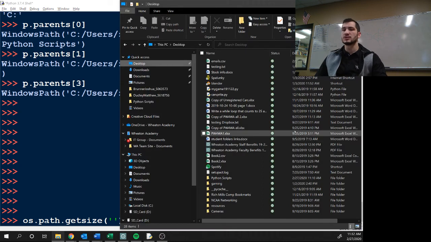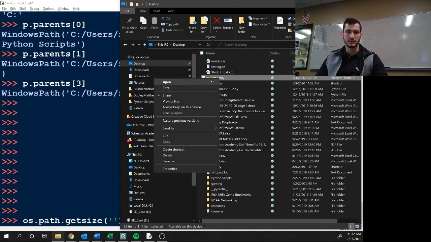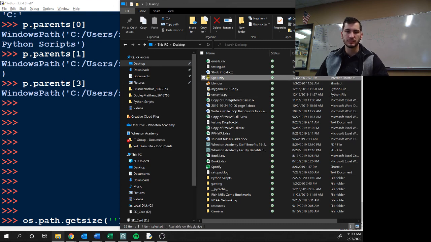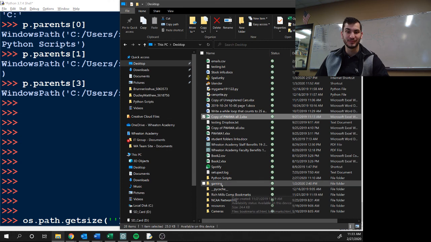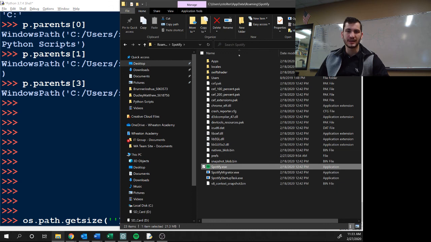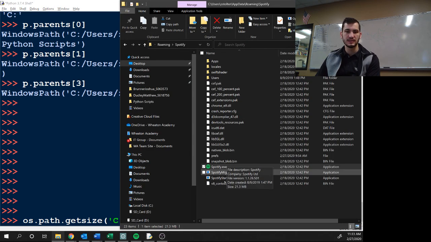Anyway, or like troubleshooting. So real quick, let's find the size of Spelunky. That's a shortcut. Where does this go to? Because I actually want to see where this goes. Spelunky goes to your Steam folder, right? Yeah, but I want the file. So we're going like this one. I can go open file location. So to go to the Spotify.exe. Here we go. So we are going to find the size of Spotify.exe, and that is